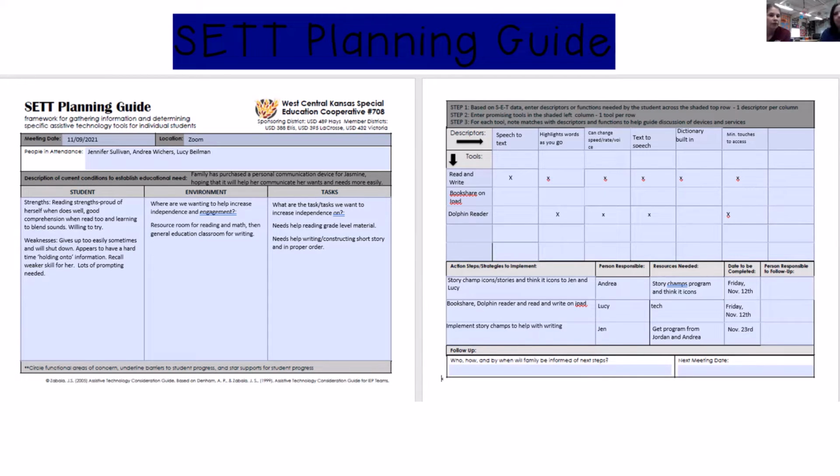So with the environment, we were wanting to help increase her independence and also her engagement with activities. She's in the resource room for reading and math, and then the general education classroom for her writing. And with the tasks,